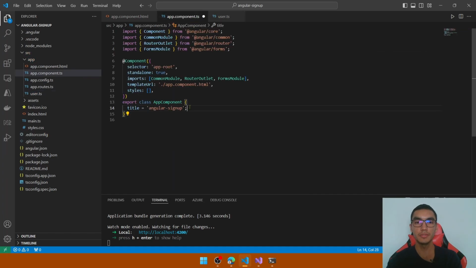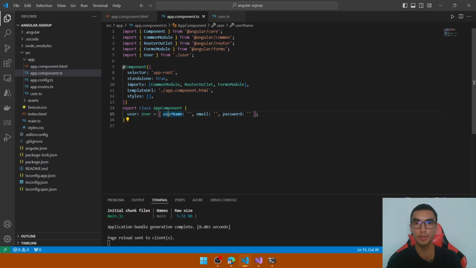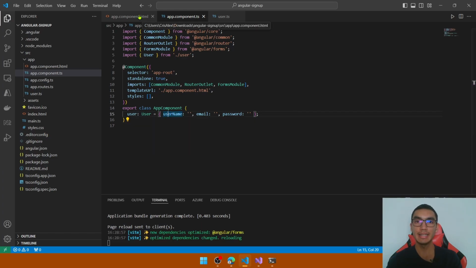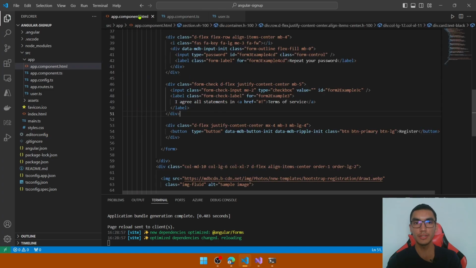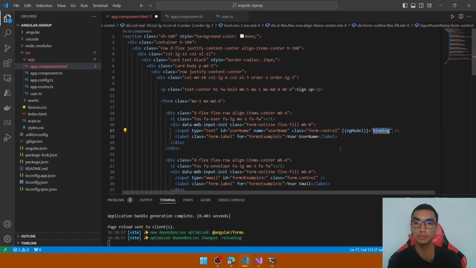Go back to the TypeScript file and create a new instance of this user interface. So initialize the properties. Let's leave it as empty. And now bind each property to the specific input in the HTML by using an ngModel directive. Okay, so go to the HTML and in the first form control, type your username, define the ID for this input as username. Similarly for the name attribute, this input, and add the ngModel directive to add two-way binding